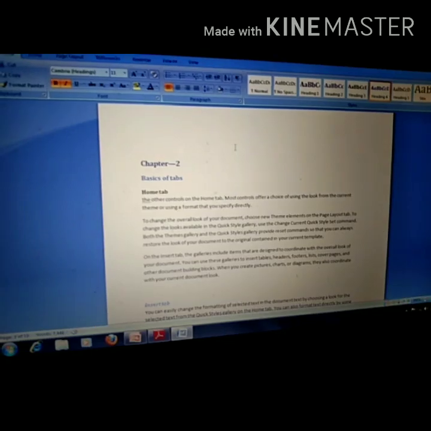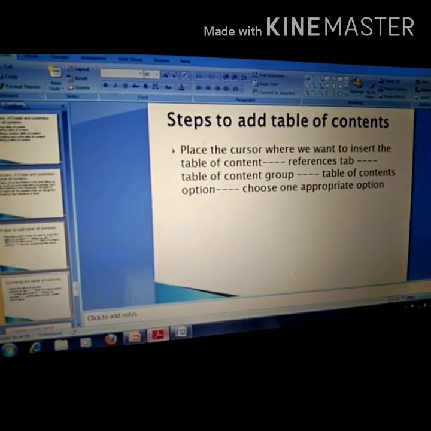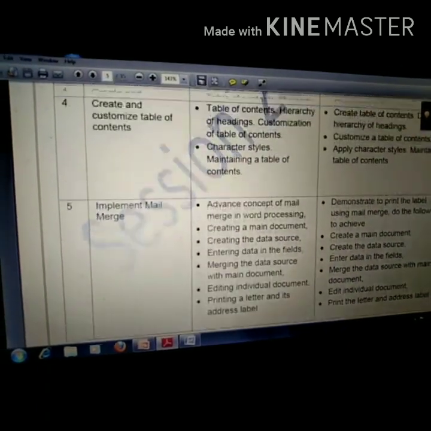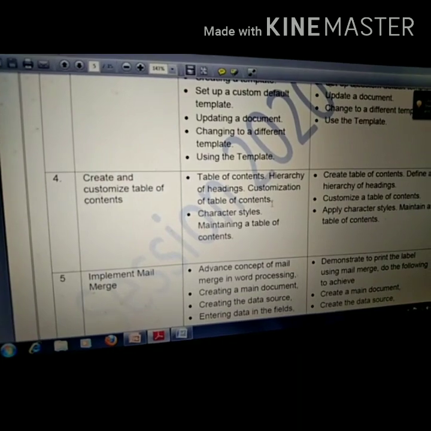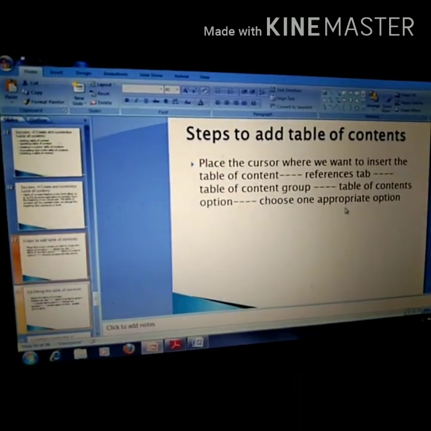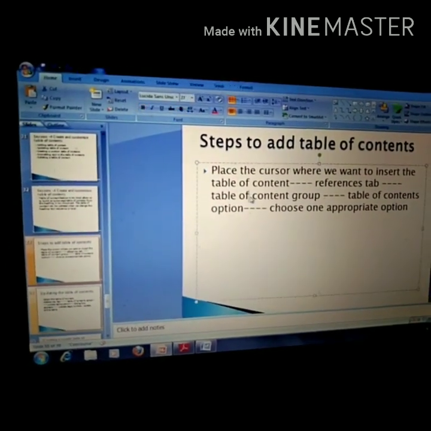Now in your syllabus, one term is there, that is hierarchy of headings. What does hierarchy of headings mean? Hierarchy means a heading inside a heading, like in a multi-level list.